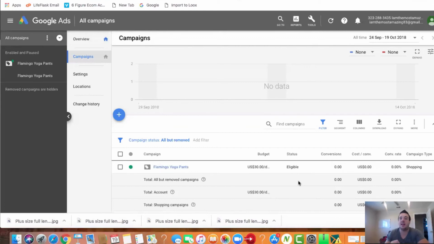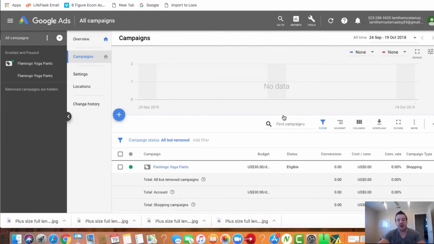But then all of a sudden, after like a week or two, it starts to spend money very, very quickly and very, very fast. And you'll be like, oh my goodness, it spent $30 in one day. And it's spending money on keywords that aren't even right. Like, I shouldn't be spending money on these keywords. I want to exclude this keyword. I want to add it to my negative keywords. So we're going to show you how to set up your columns so that you can read the data in an accurate way. And we're going to show you how to basically optimize so that you can exclude,